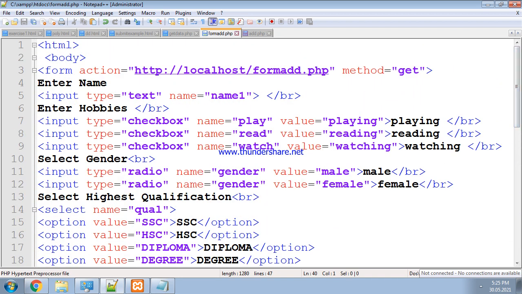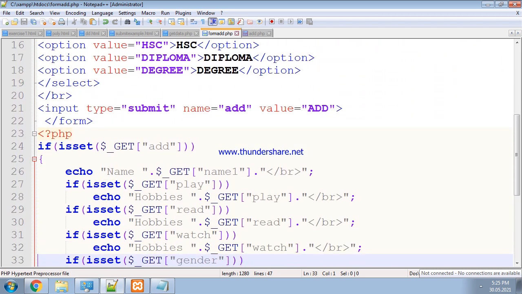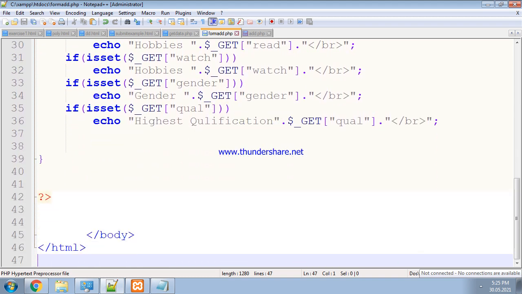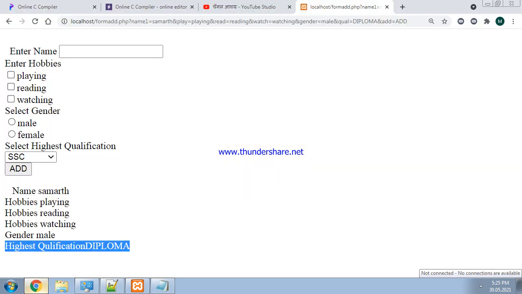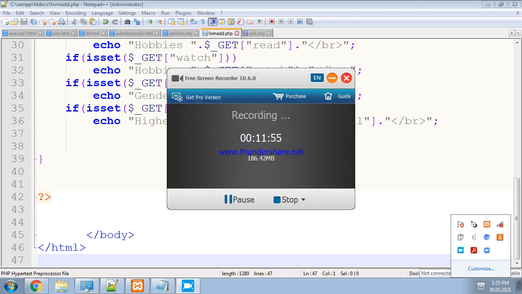Okay, very simple program. Let us take a look at the program once again from the start. If we see here, HTML, body, form tag, here we have taken text controls, here we have written the PHP code. The PHP code is ended, the body tag is ended, and the HTML tag is ended. So this will be the output. I hope that you understand this program and you should not have any doubt. If you have any doubt, you have to write your doubt into the